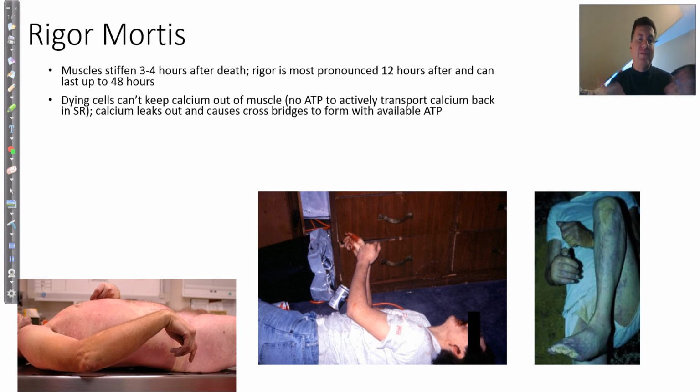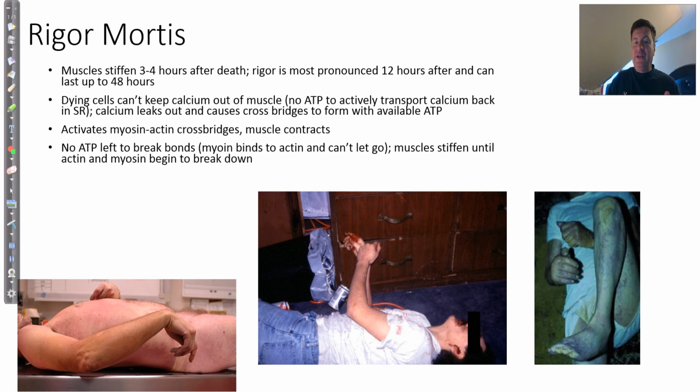And there might be some available ATP to even facilitate this. So this activates the myosin-actin cross bridges, and the muscle contracts, but it can't release if there's no ATP available. And why is there no ATP available? Because if you are dead, you're no longer breathing, and therefore you can no longer make ATP. Myosin is going to bind to actin, but it can't let go. So someone's going to experience rigor mortis. The muscles are going to stiffen, and they're going to stay stiff until actin and myosin, the myofibrils, begin to